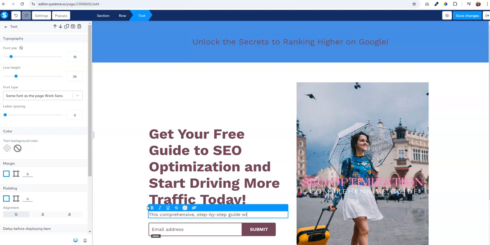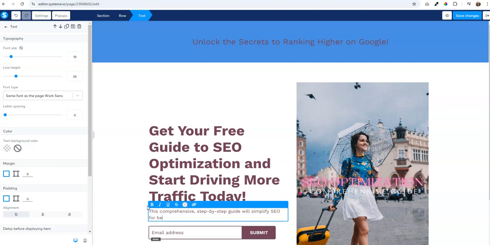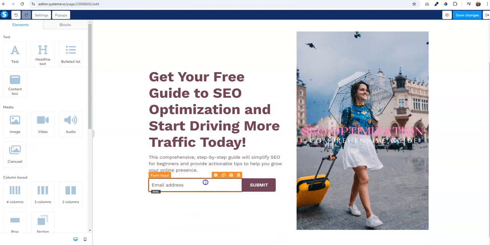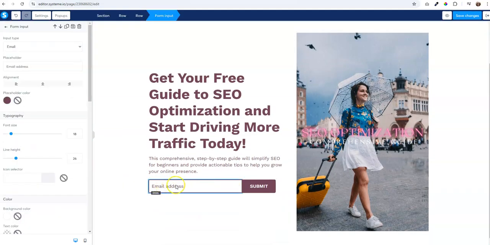step-by-step guide will simplify SEO for beginners and provide actionable tips to help you grow your online presence. And this is just a free guide that you can give away. So we're asking for the email address. I might actually ask for a first name as well, but we'll just take the email address